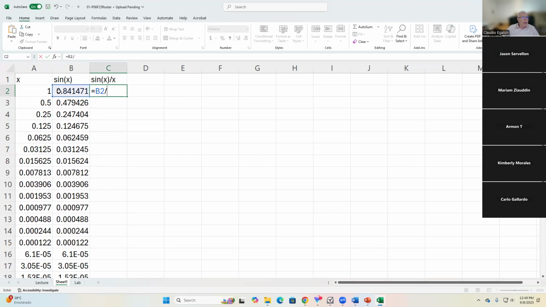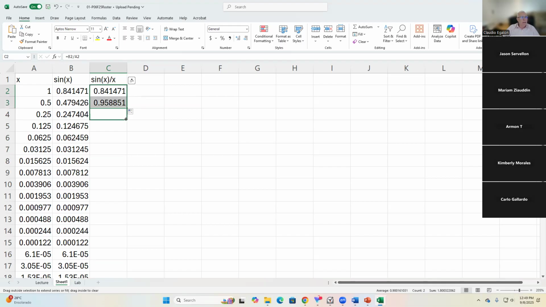12:49. 1 more minute to go. Okay? So I'm dividing sine of x by x. Remember, I told you I don't recommend you to do it manually, not even with your calculator, okay? Because it's too much work. But we can do that very quickly with Excel. Here you go. As I divide the sine of x by x, look what happened to those numbers. It was initially 0.84, then it becomes 0.95, becomes 0.98, 0.99. Do you see the number that this ratio is converging towards? 0.99. Look, this number is getting closer and closer to 1.